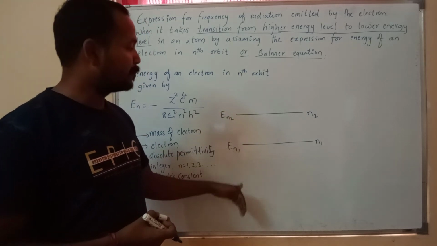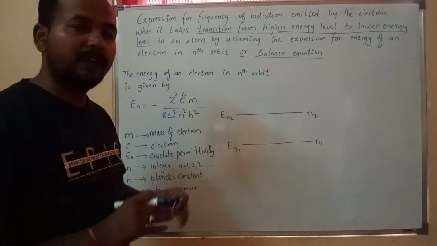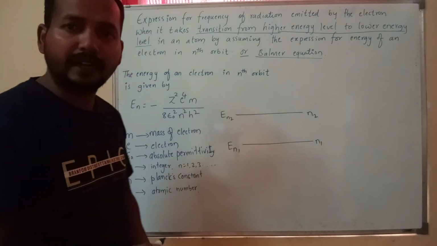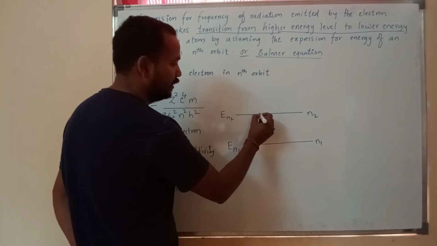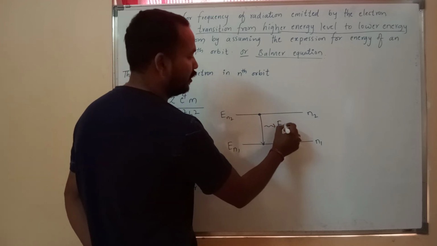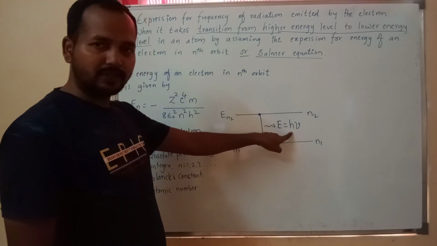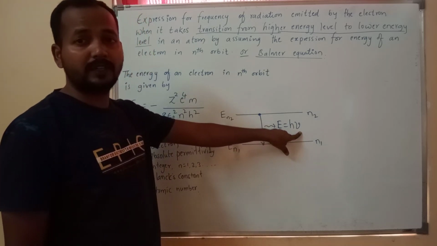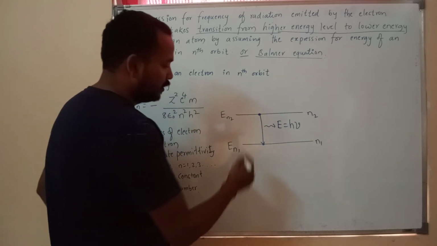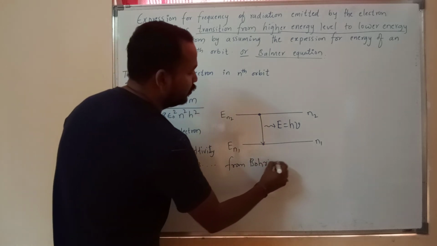Now, we are assuming that an electron jumps from the second orbit to the first orbit. What does it do? When it jumps from a higher energy orbit to a lower energy orbit, it emits radiation. That is, this electron jumps into the lower orbit, which radiates energy equal to h nu, where h is Planck's constant and nu is the frequency of emitted radiation. Now, from Bohr's postulate,